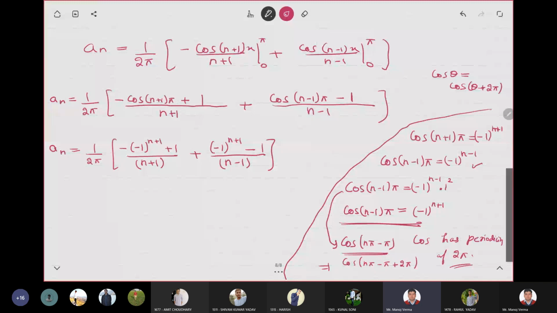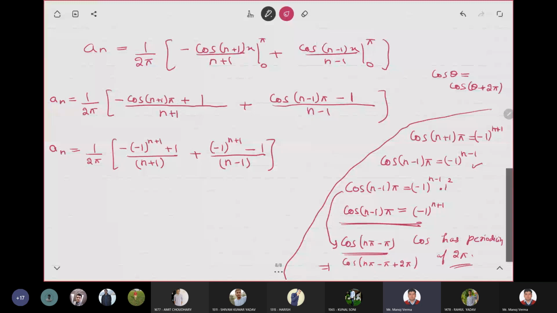However, if you are forgetting this step, then what you can simply do is insert the values of n and calculate the values of a1, a2, a3, a4 manually. If you are writing minus 1 raised to the power n minus 1, then you cannot club these things. In that case, the simplest method is to calculate a1, a2, a3 manually.